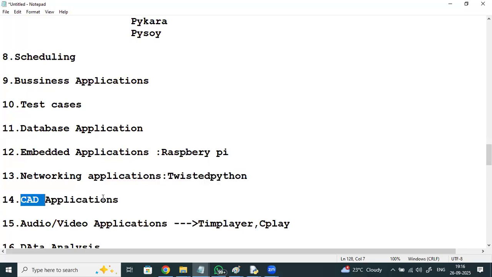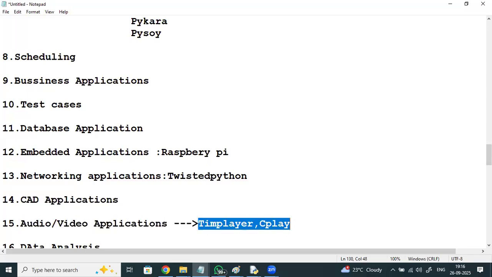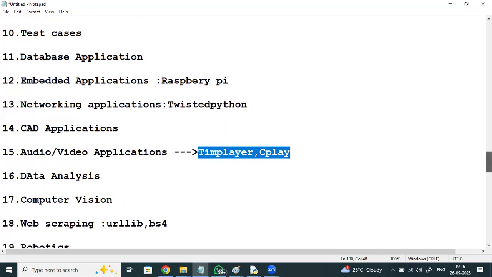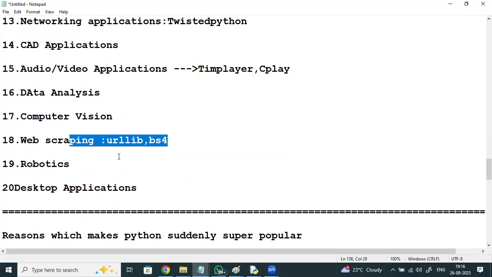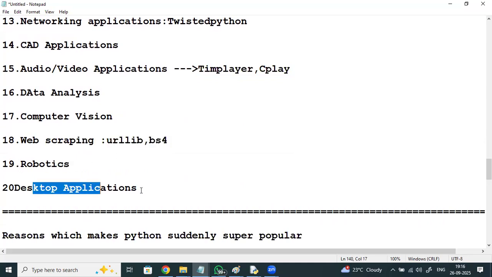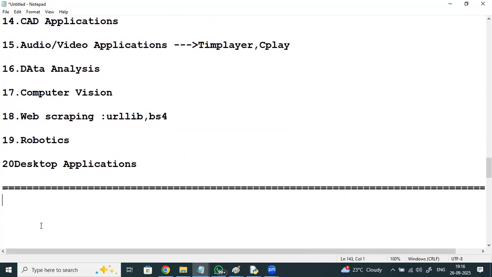For 3D CAD applications, for audio video applications, it has a Tim player, CPlay. For data analysis, computer vision, and web scraping, it has urllib and BS4 modules. For robotics and desktop applications. These are some of the examples I discussed in the last class.